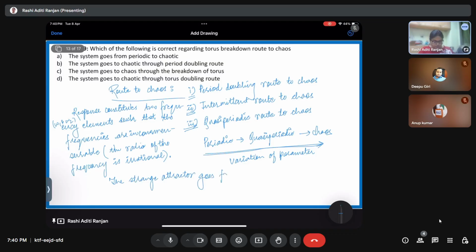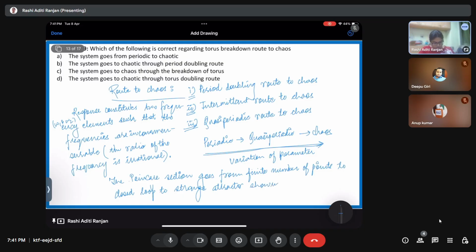goes from finite number of points to closed loop to strange attractor. It should not be strange attractor, this should be point intersection. Sorry. Yeah. Finite number of points to closed loop to strange attractor